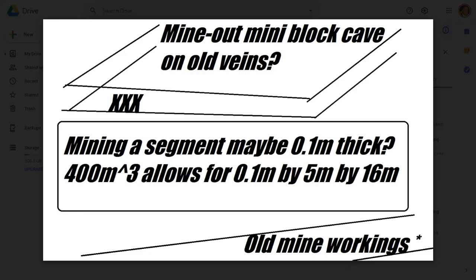And the calculations that I did were able to show that you would have roughly 5 meters by 16 meters of working space to allocate across 400 cubic meters. So if you were to run this as a trial mining method towards a 1,000-ton bulk sample